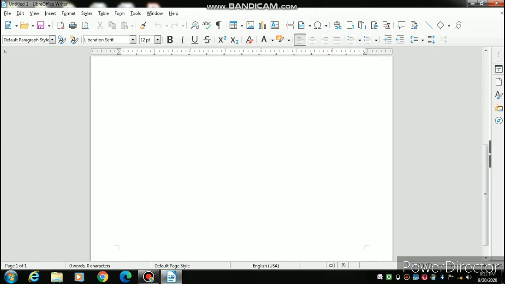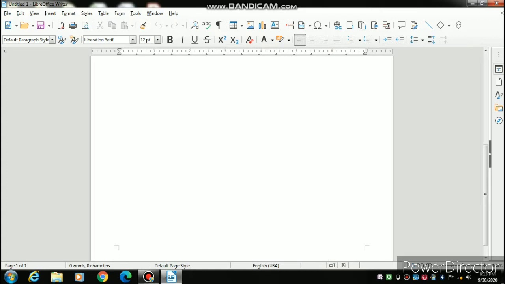If you are using a file in landscape, you will get the horizontal scroll bar also at the bottom. Now last, there is the status bar. The status bar shows which page in your file you are at, how many words and characters you have typed in the file, what the page style is, and which language you are using.